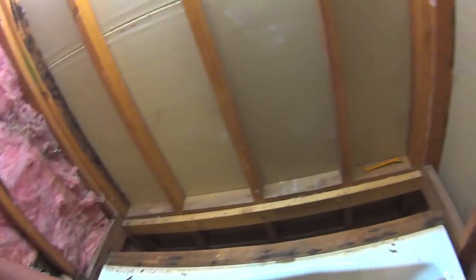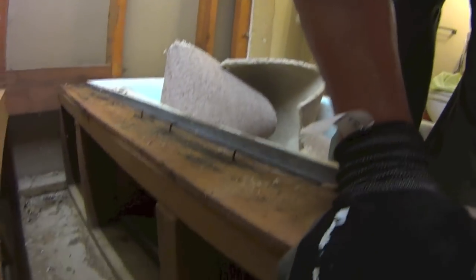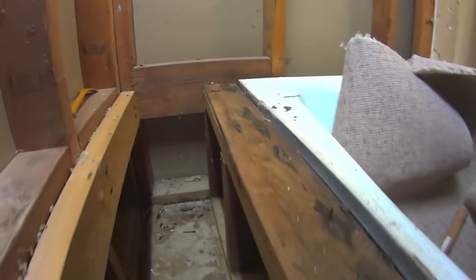I don't plan to do anything else here, I don't believe. I mean, it is wet, but it doesn't look all that damaged. And the supports underneath appear to be okay as well. Don't know if you can see that on the video. But, anyway,